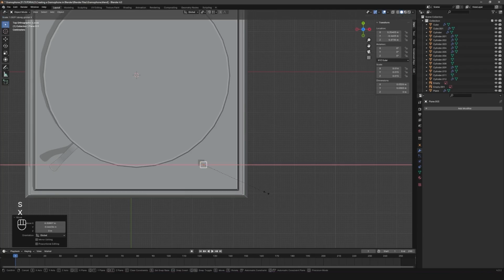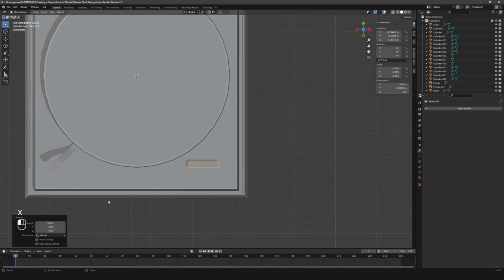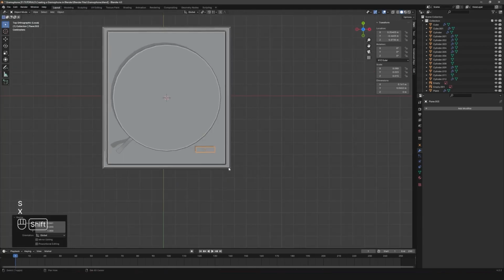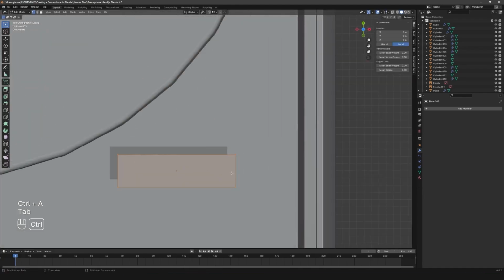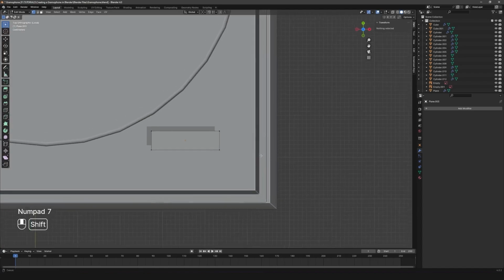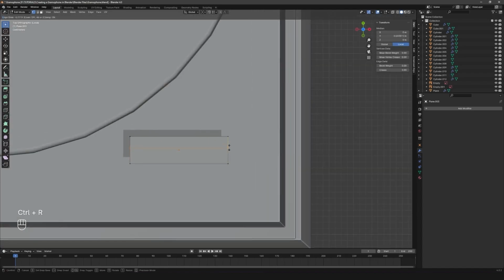Press S, then X, scale it up on the X axis. Press S, then Y, scale it up a little bit like this as well. Press Ctrl A, apply the scale, press Tab. Now what I will do is press Ctrl R and let's add the edge loop right in